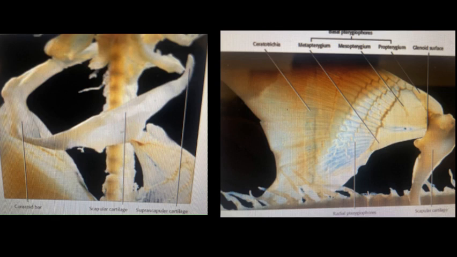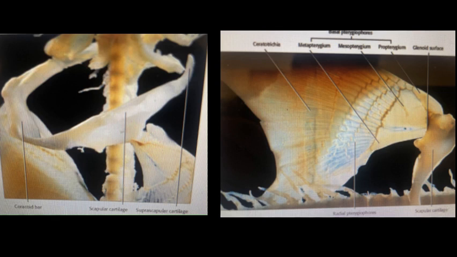The dorsal distal part is the scapular cartilage, and a dorsolateral smooth surface, the glenoid surface, is present on the scapular cartilage to accommodate articulation of the pectoral fin,